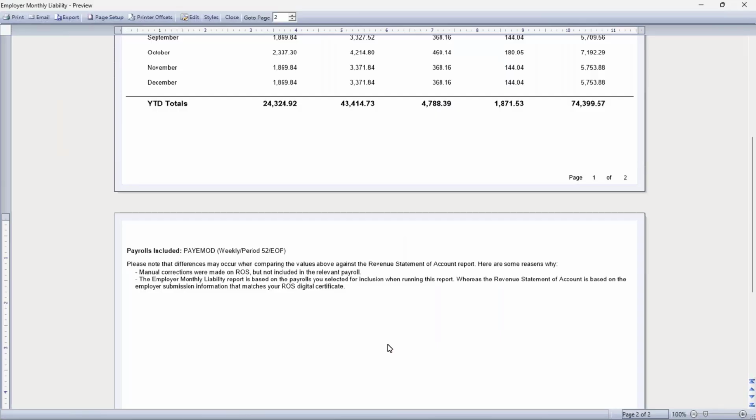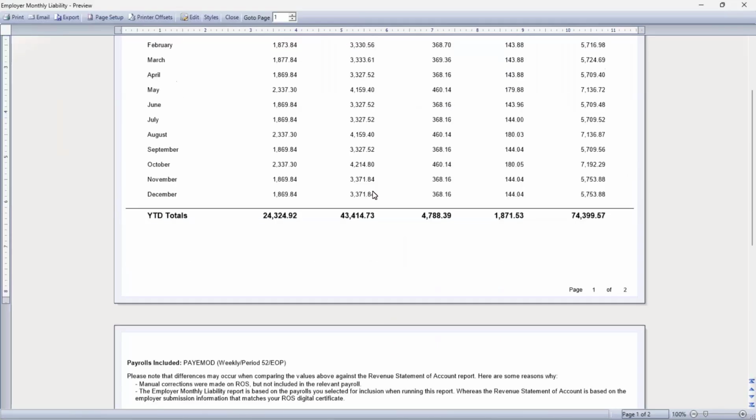Or if you've forgotten to do a submission in Payroll and you're finding the figures on your revenue statement are lower, you may need to go back and resubmit for the period that was missed. So that would usually account for any differences in an individual month. If you find that all of the months are different and you've got multiple payrolls, the most likely reason for that is that you're not comparing like for like. So remember to choose all payrolls that you submit using the same ROS certificate when comparing that with your revenue statement. So that's the report